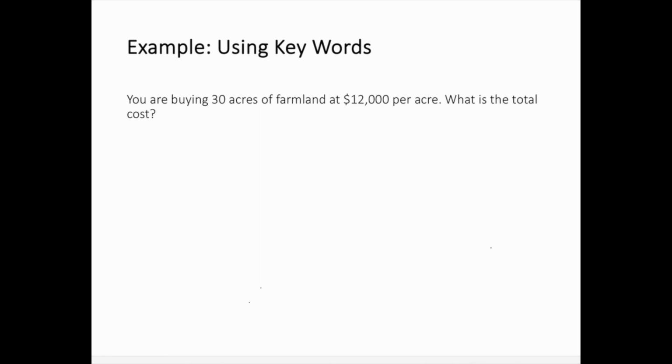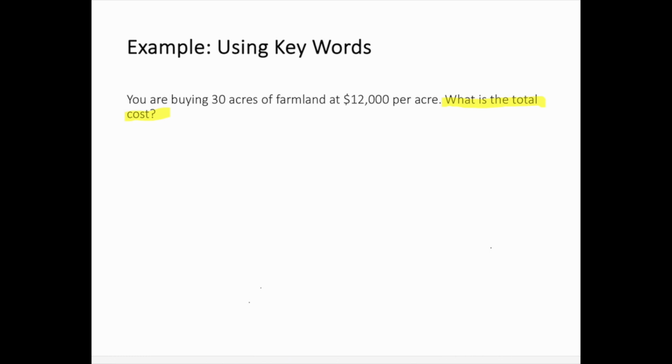So the first thing when you solve any problem, you want to make sure you understand what the question is asking. And typically when you're looking at a math application, it gives you a whole bunch of information, and then the last question is usually the direct question that they're asking you, find this or calculate this. So in this case, we need to find the total cost. Now, intuitively, we would probably know that we would take 30 acres times 12,000 to find the total cost of the farmland. However, let's look at this in detail so that we can apply this when the questions get a